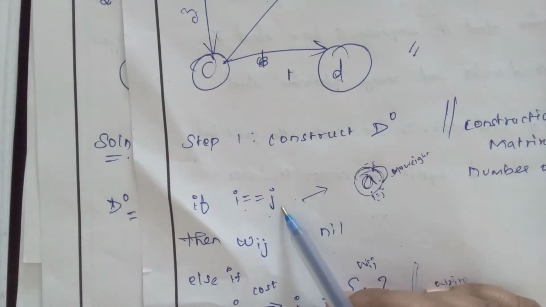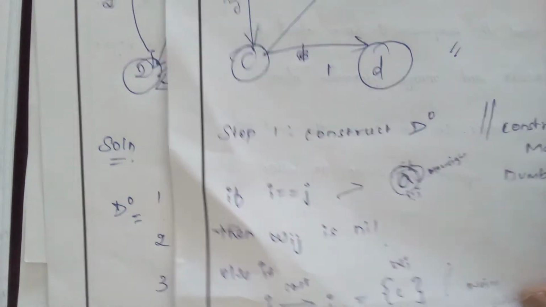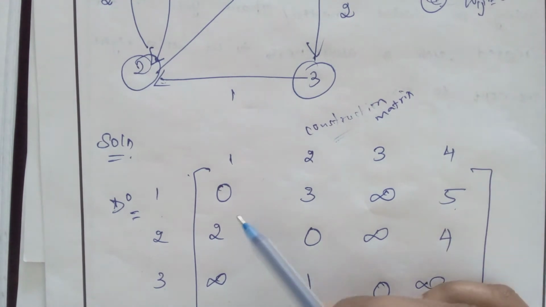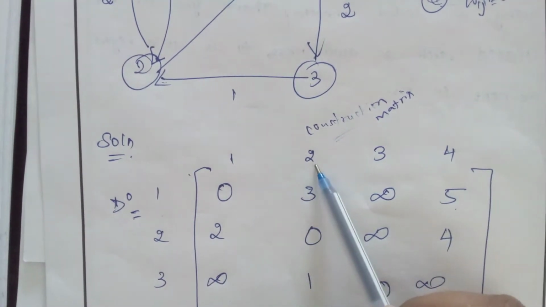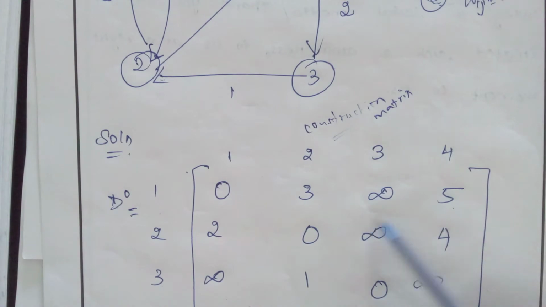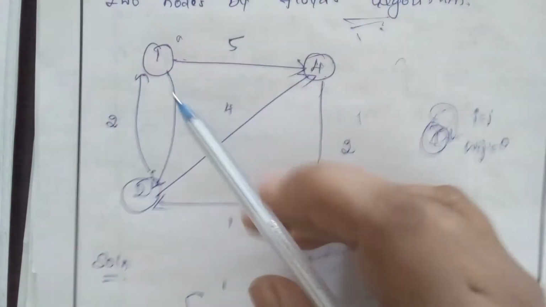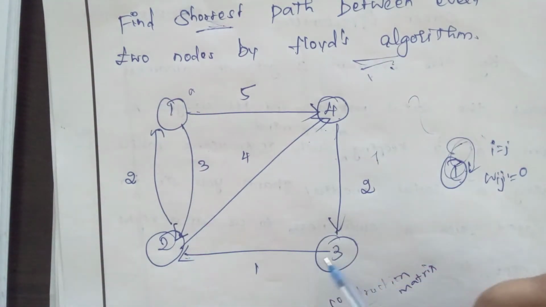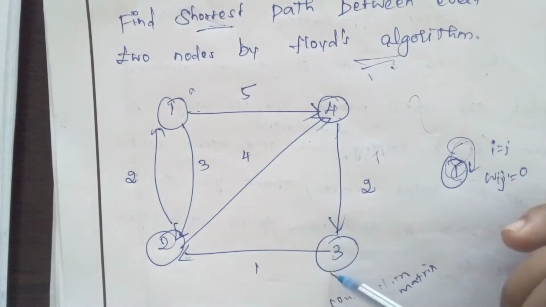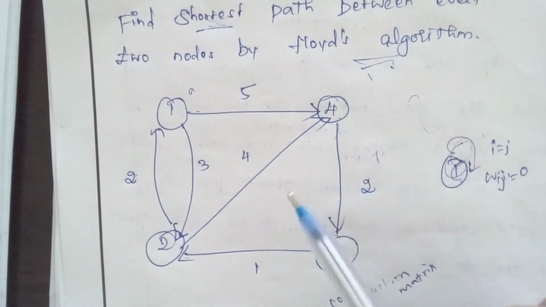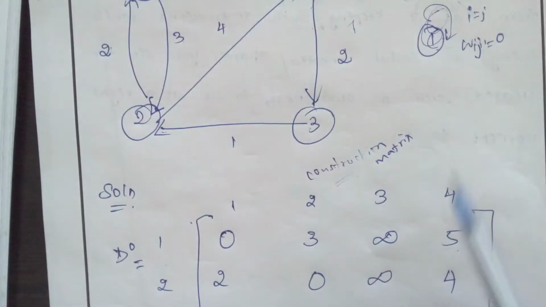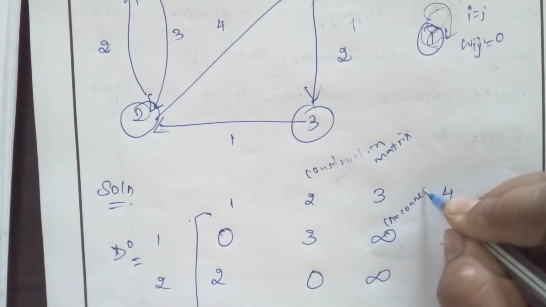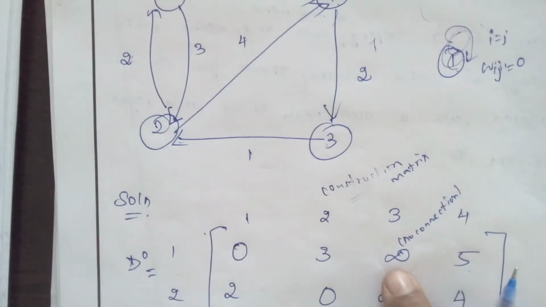Yeah, see this condition. Okay, weight j equal to nil. Yeah, now see what happens after that. 1 to 2 I have written, 1 to 3, see here infinity. How does it come? See the arrow comes from node 1, 1 to 4 and 1 to 2 is there. There is no node 3 connection between 1 and 3, so I am returning infinity. There is no connection, so I have simply written infinity values.